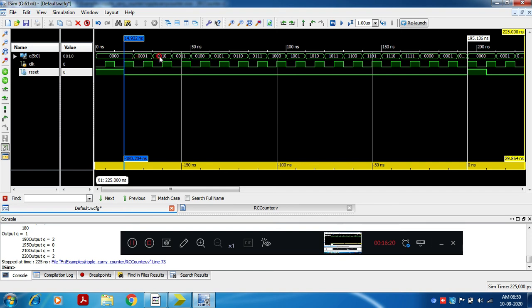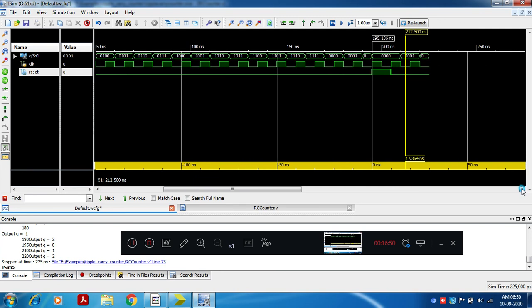On the next negative edge, value changes to 2, 3, 4, 5, 6, 7, 8, 9, 10, 11, 12, 13, 14, 15, 0, 1. Again after 15, it will repeat from 0, 1. Then when reset becomes 1, suddenly Q will become 0. Again, when reset becomes 0, on the negative edge of the clock, it starts counting.